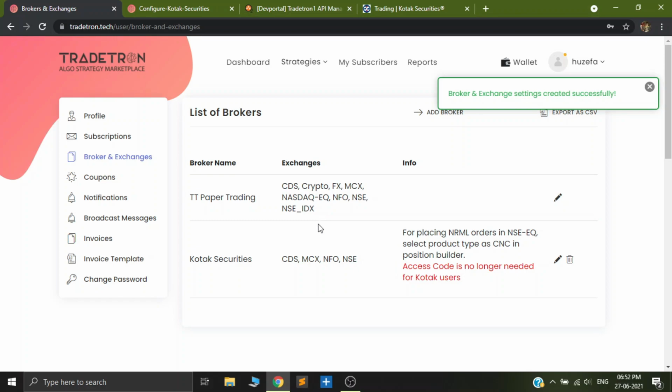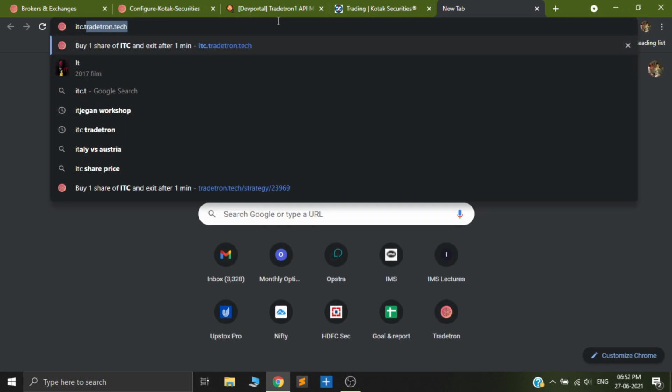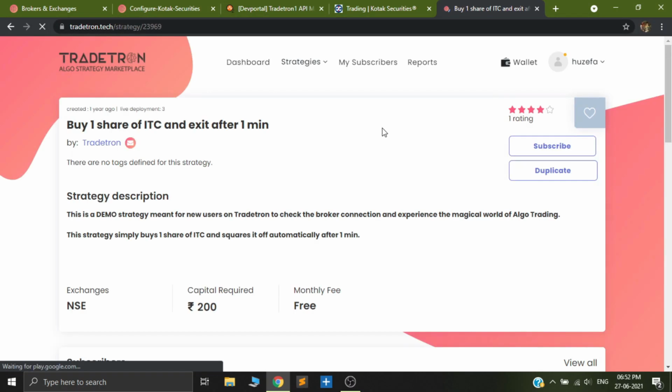A simple way to test it is to open a new tab and search for this URL, which is itc.tradetron.tech. Click on this URL and a strategy will appear. This strategy will basically buy one share of ITC and sell it after 1 minute.